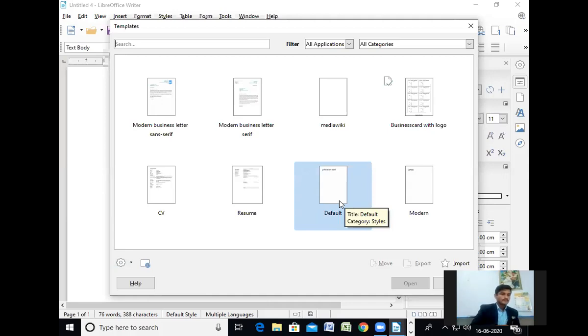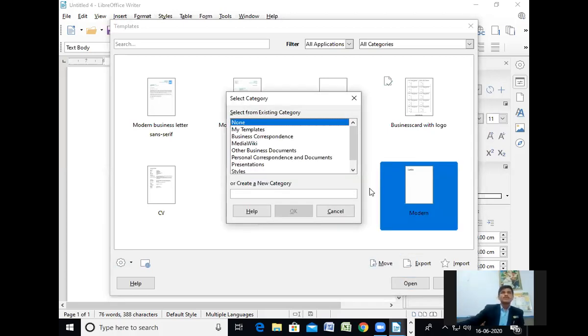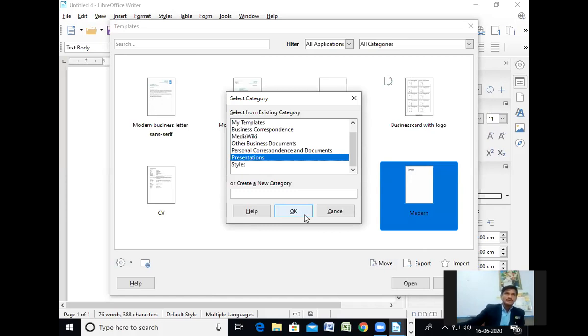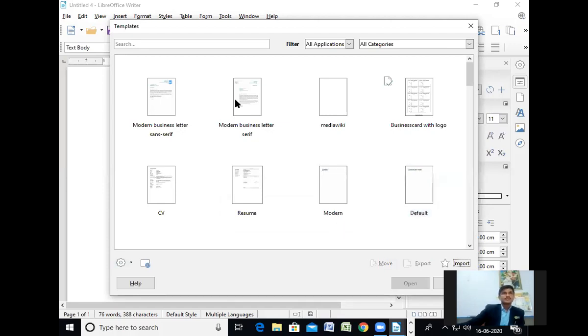Okay, now next point, moving a template. If you want to move the template, see, Modern. Where do you want to move it? This is None. If you want to move this template to the Presentation category, then we can move this template to Presentation. Now we will get this template. See here, nothing.